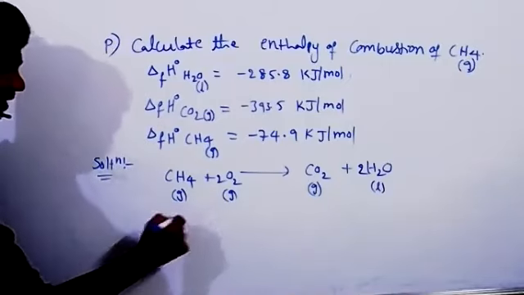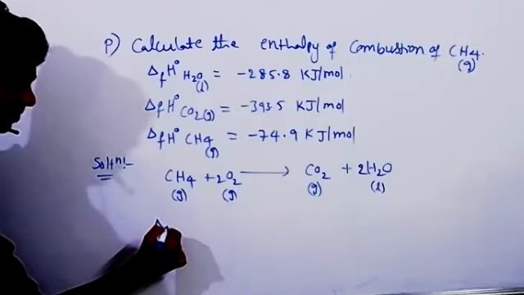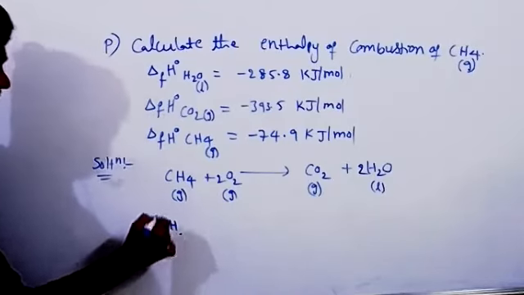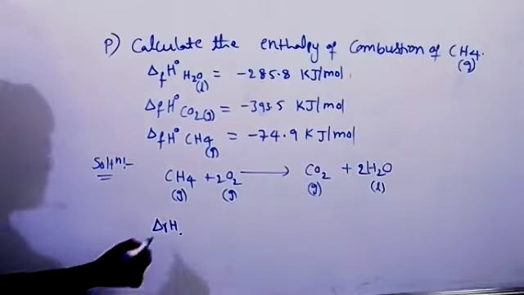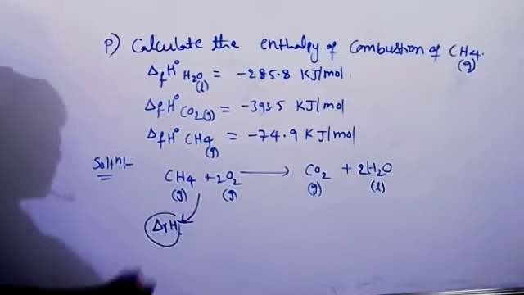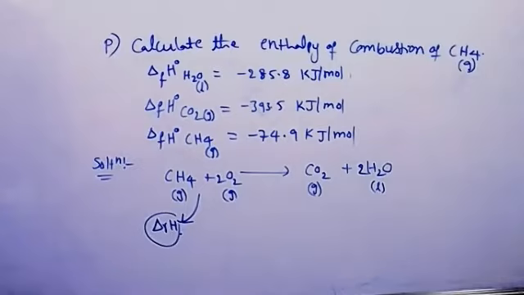So between enthalpy of reaction and enthalpy of combustion, there is a small difference. Enthalpy of reaction means we can take any type of reaction, even a dissolution process. The amount of heat released or absorbed during the process is called enthalpy of reaction. But enthalpy of combustion is just the burning of a substance, which gives out some amount of heat. Any reaction, combustion, dissolution, oxidation, reduction, redox reaction, all come under enthalpy of reaction. So we know the enthalpy of reaction formula.